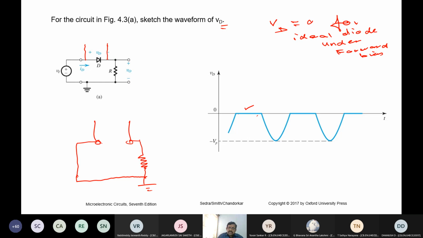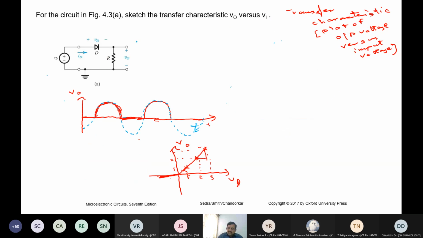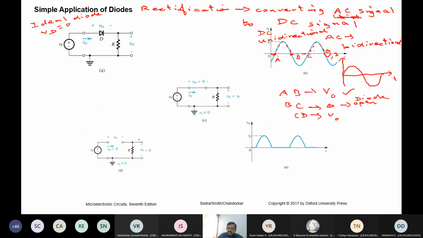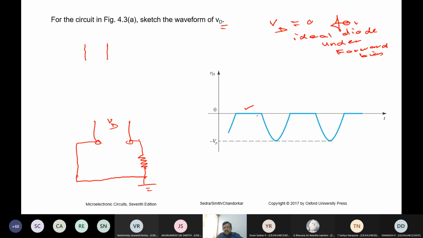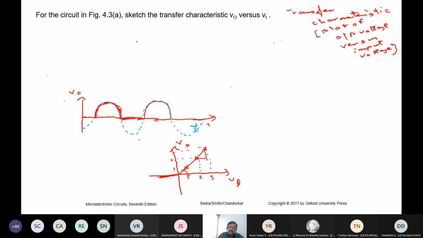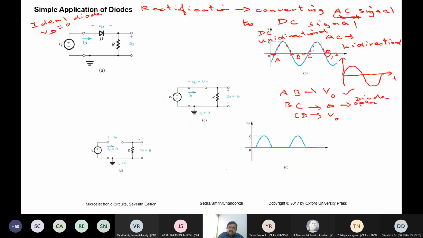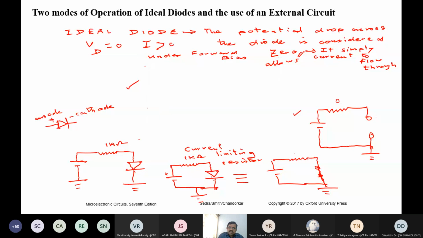So all of the voltage will be appearing on the, because we see it is just the invert of the previous problem. Here we are measuring output across the resistor. In the other case, we are measuring output across the diode. So when there is no current going through, all of that voltage you will get across the diode, because the diode is open. This is an exemplification of the same thing you saw in the previous diagram.